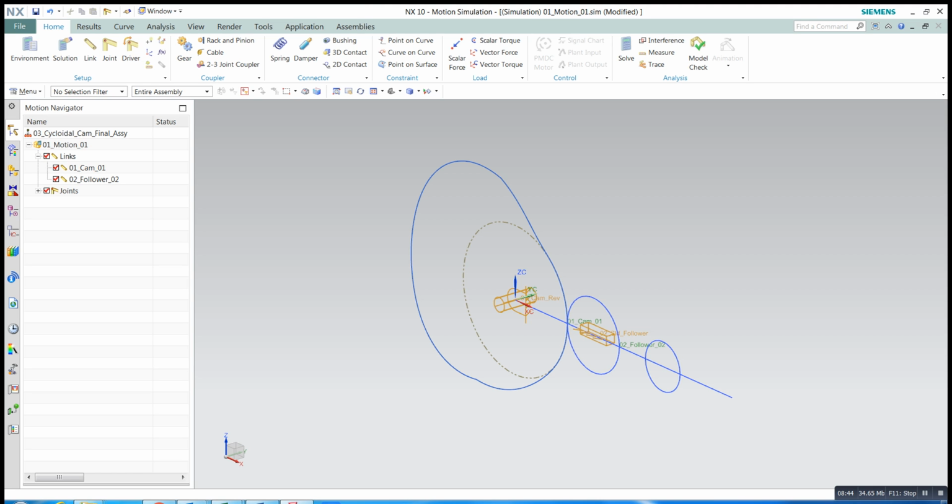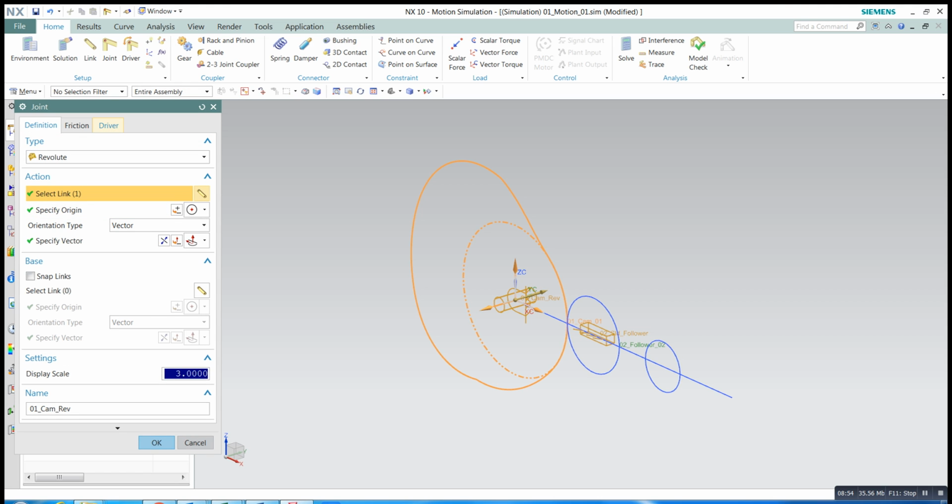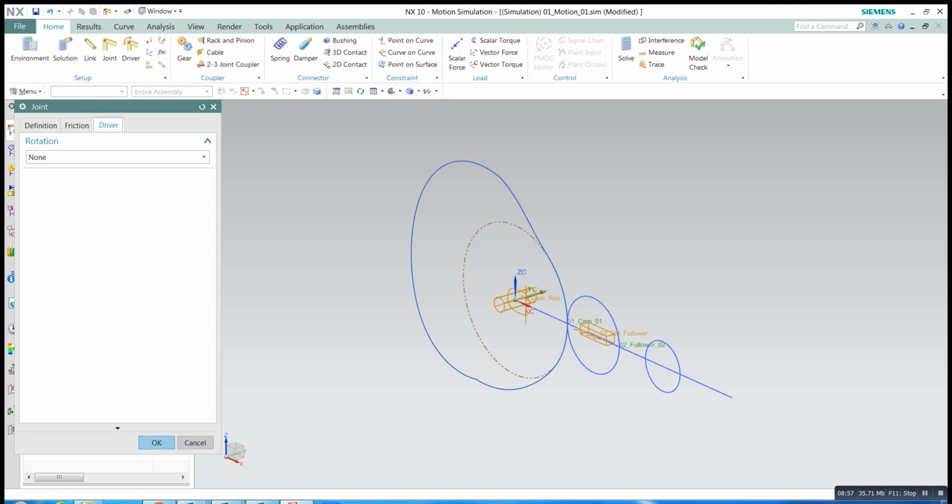let's expand the joints and double click on cam revolute driver, and make sure you go to constant, and then in the initial velocity make sure you are selecting revolutes per second. That's very, very important. Many of the problems are that some of you maintain degrees per second or revolutes per minute. It's revolutes per second. Okay,